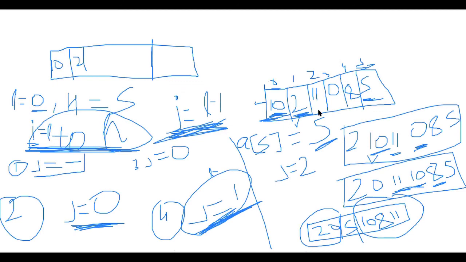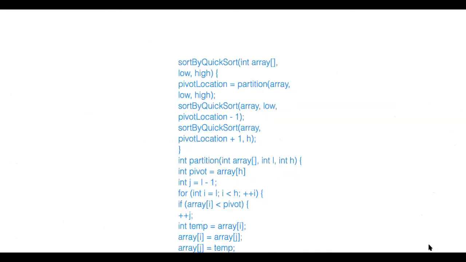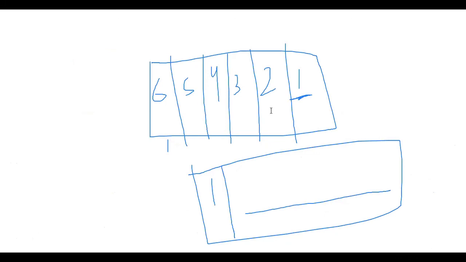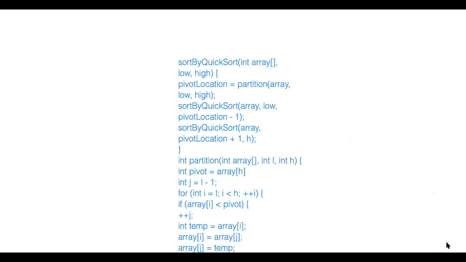Do you know what is the benefit of choosing the median element? The benefit is that it always divides the array into two parts. It will not be like this, where there will only be a single part, right? If you choose a median element, then that will always divide your array into two parts. So people always try to choose the median element. But yeah, that's some small details. So you got the point.